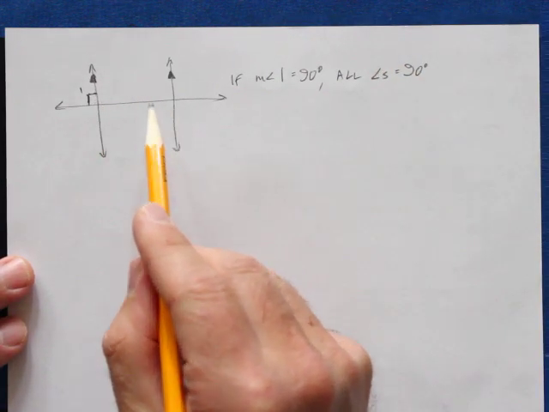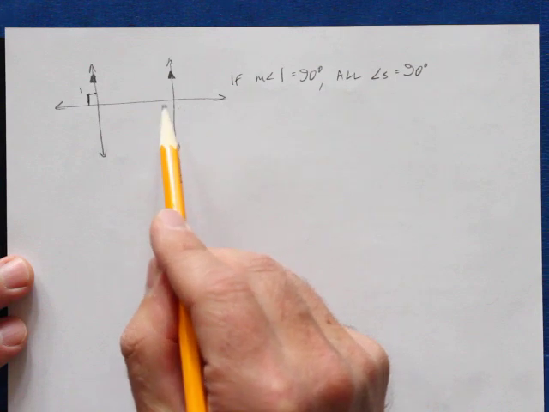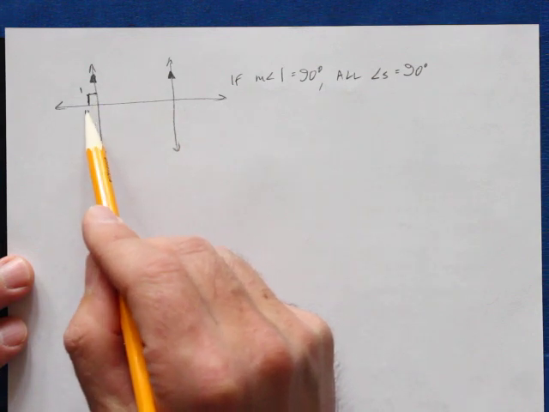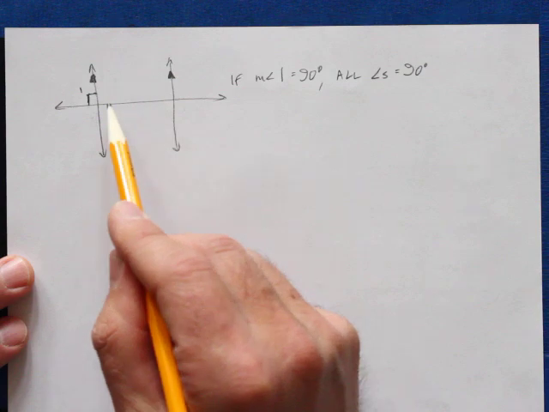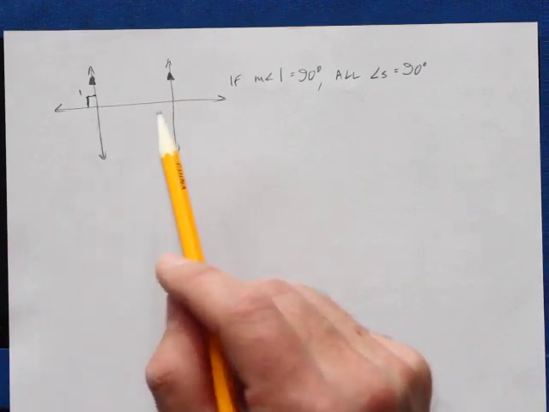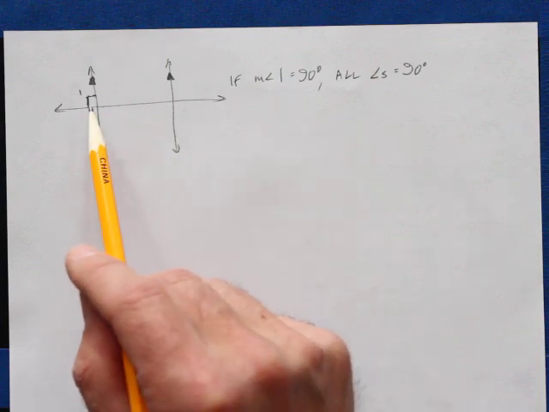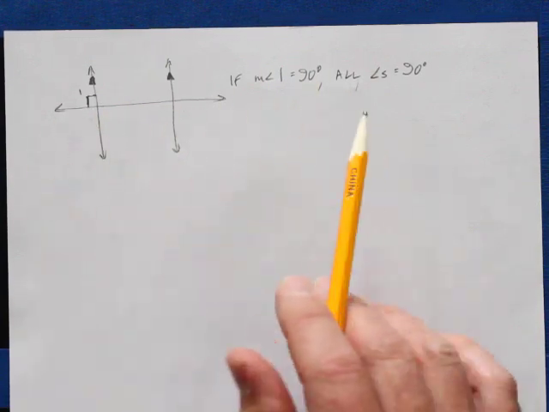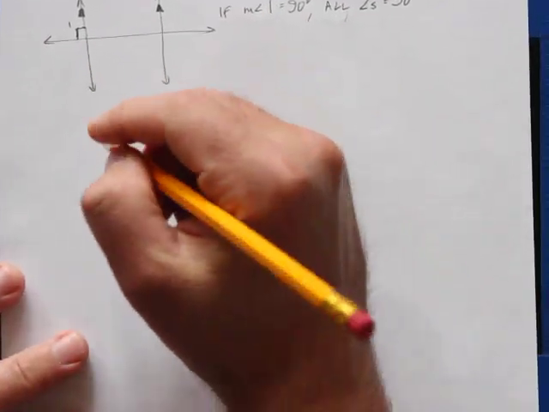So I could say alternate exterior angles are 90 degrees, supplementary angles are 90 degrees, so they're all congruent. All of these angles are congruent to one another. If one of them is 90 degrees, they all are, and that's what this is saying. Now, we're going to do an example